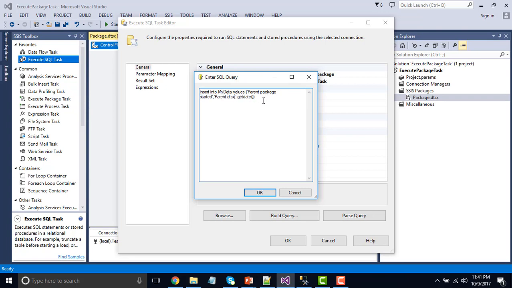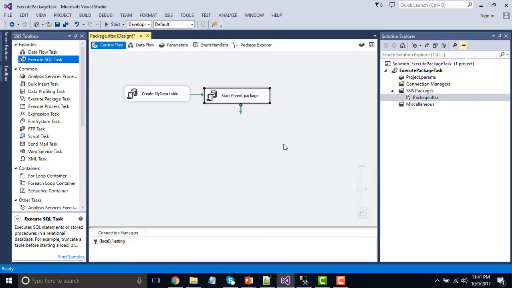If we write this particular query under the expression, then we can dynamically get the value of this particular package name. But for this particular demo I'm just writing it here, parent.dtsx, then click OK.